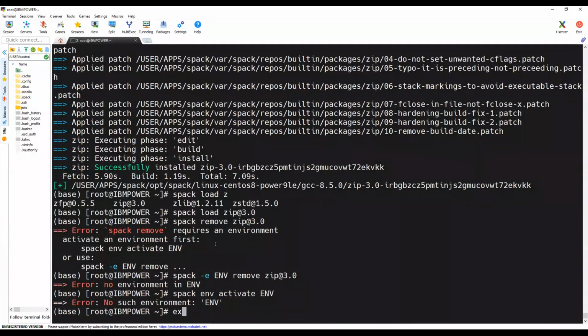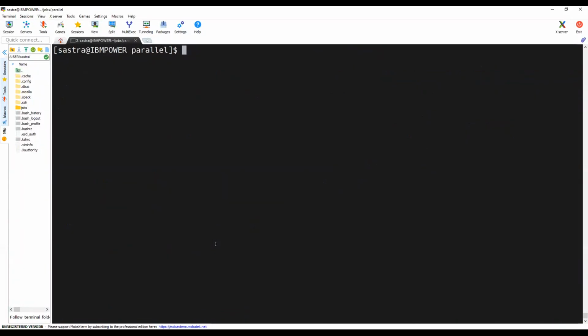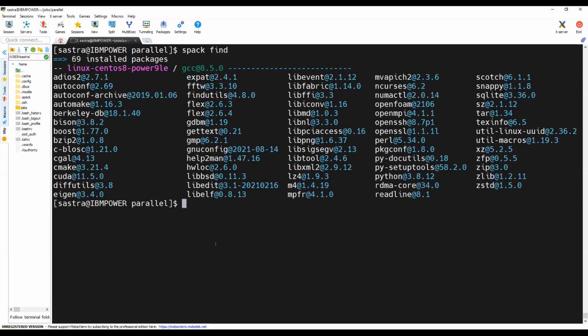So let me move into the user account again and let me show how to load the packages from the user ID. If I want to load OpenMPI, I'll be using this command: spack load openmpi at 4.4.1 version.